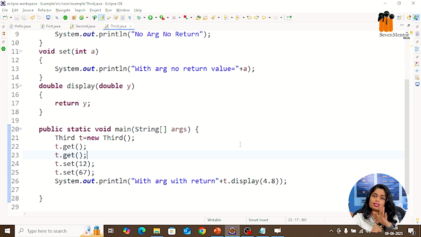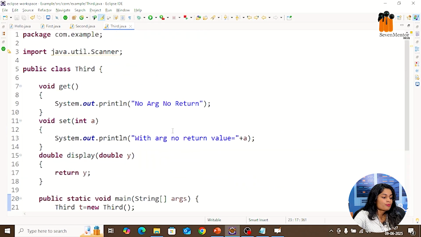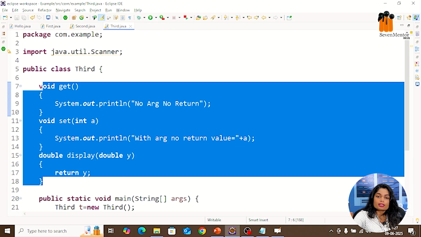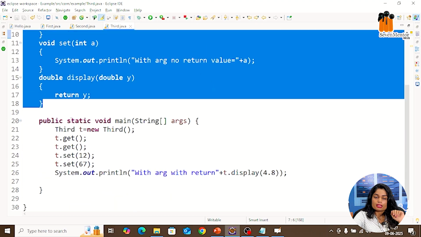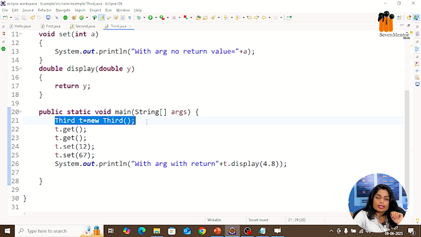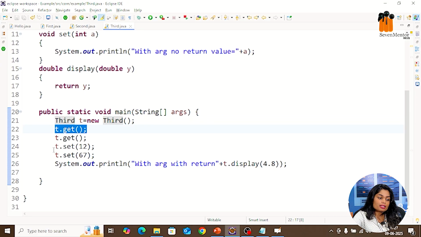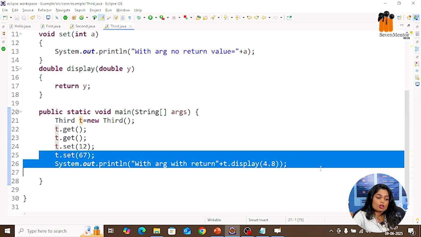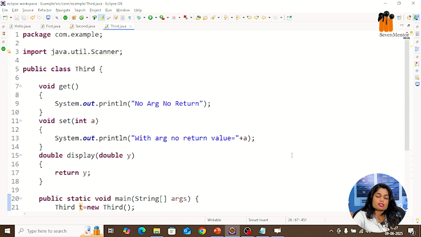So this is the class and object. Class means the collection of data, and object means an instance of the class. You can see here, inside the class we declare all the data. Like we have a get method, a set method, and a display method. Now the object will decide which method it wants. So the object wants the get method, the set method, the display method. So we can just call this. So this is known as a class and object.